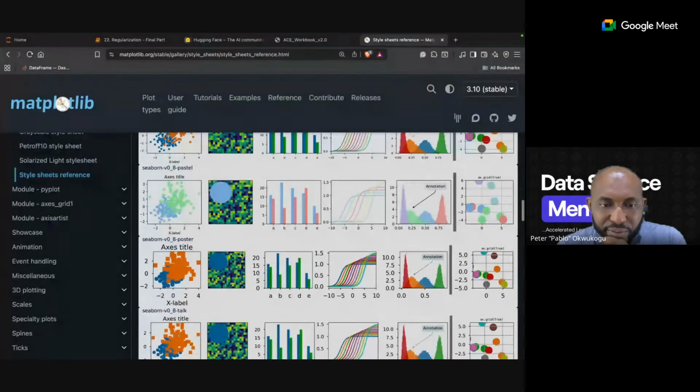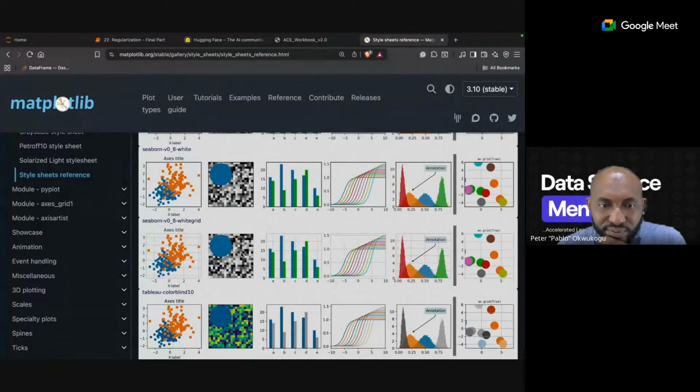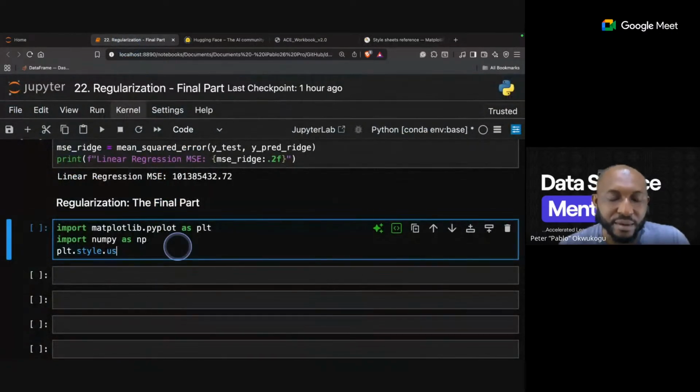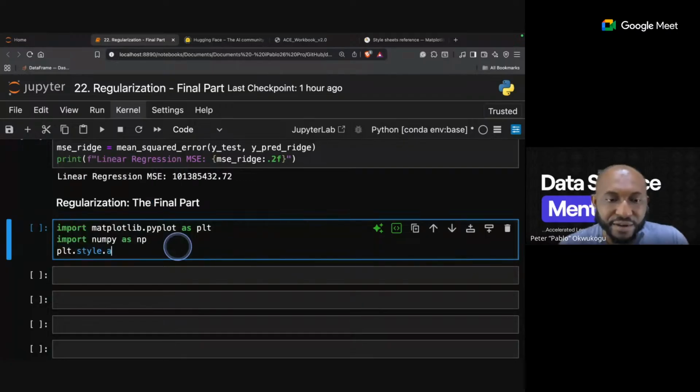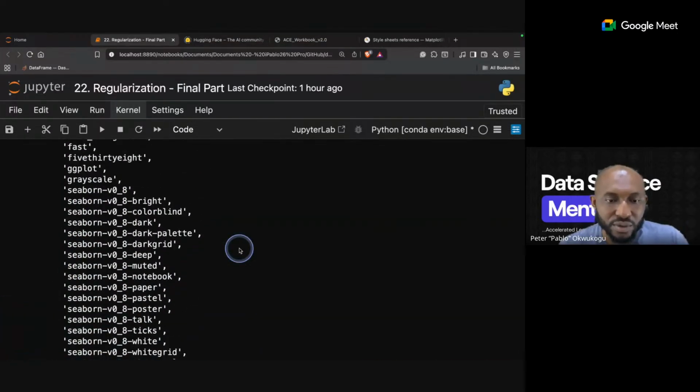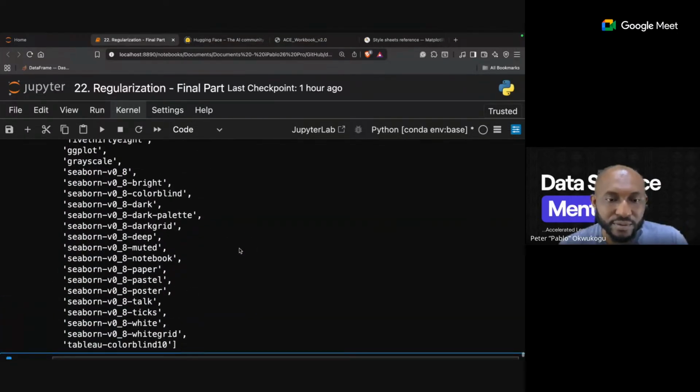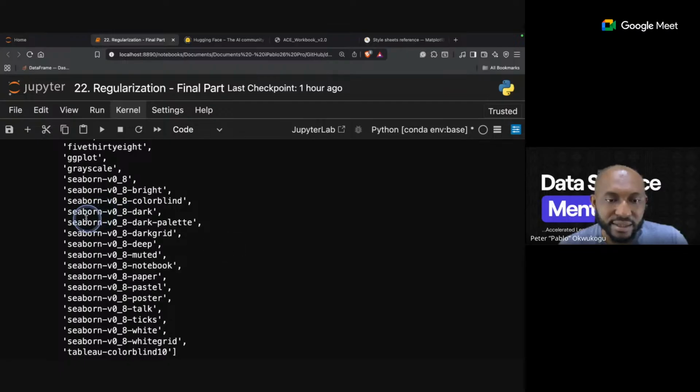So you can see the different backgrounds. Okay, I'll use this Seaborn because it has grids, and I think it works a bit. Now, another way we can do that is to say plt.style.available, and with that, it will show us what we're looking for. So we had our Seaborn.